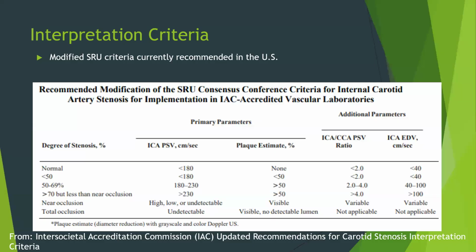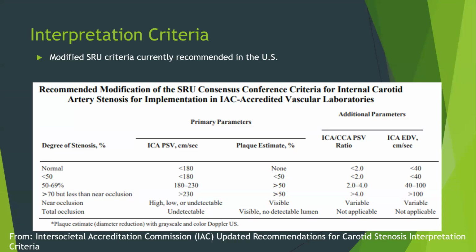So ratios can be important when, like we were talking about earlier, we have low cardiac output and we're having low velocities within the common carotid artery. And then we have our near occlusion, which is that string sign that we were talking about. So we can visualize plaque. We can visualize very little flow getting through the carotid artery, but we're getting low velocities, which is that approaching